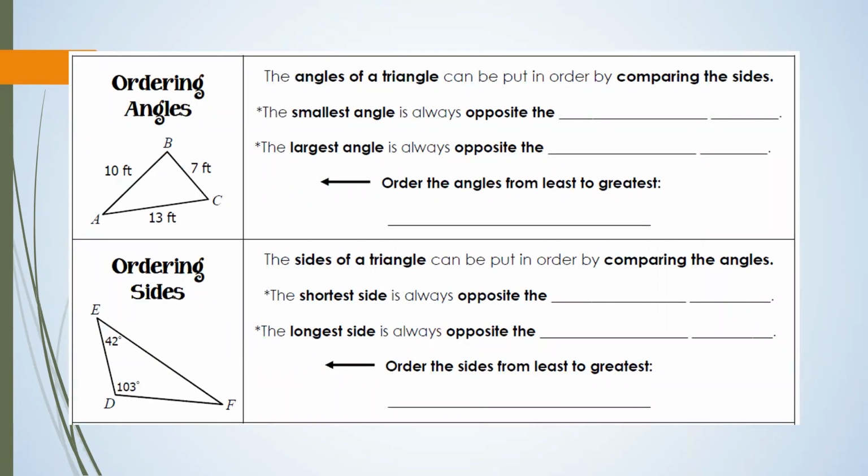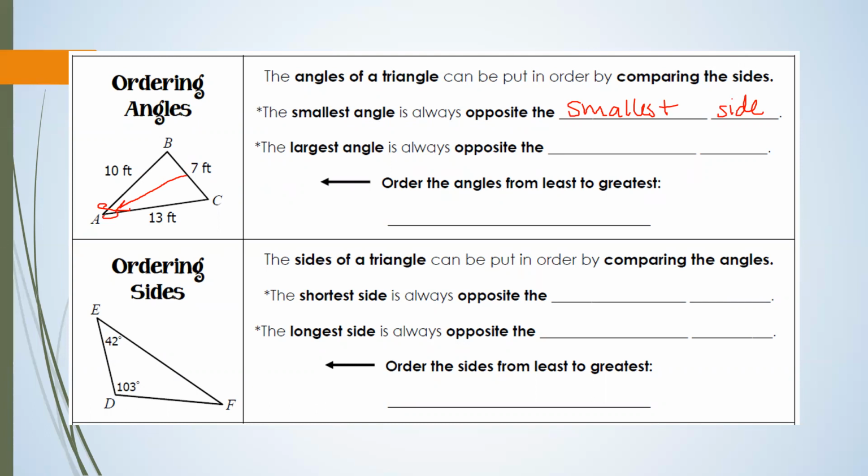Now we're also going to talk about ordering angles. The angles of a triangle can be put in order by comparing the sides. The smallest angle will always be opposite the smallest side. So if I look here at this triangle, the smallest angle will be opposite the smallest side. Well, the smallest side is 7, so the angle opposite it is angle A. That's going to be my smallest side,